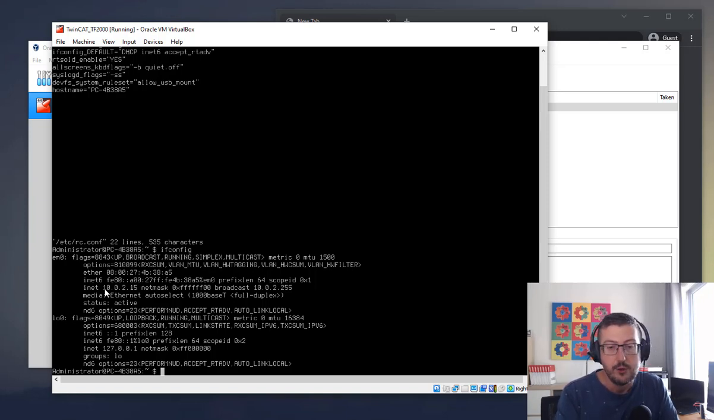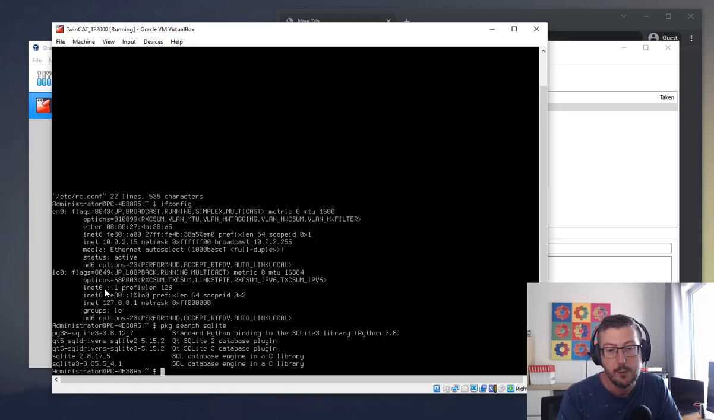So let's do a pkg search, and I want something SQLite is what I'm after. We can see here there's a few packages. The one that I'm actually going to use is SQLite3, which is the bottom one. So I'm going to do pkg install, and I want sqlite3-